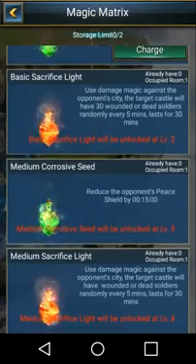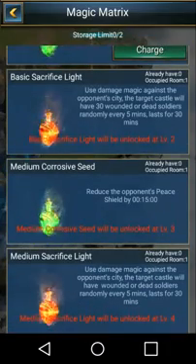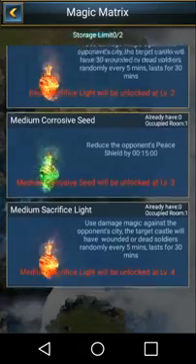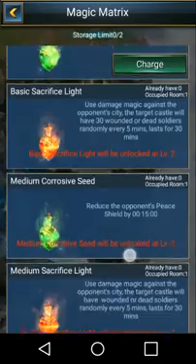corrosive seed. Since they released this, even before the God's Temple, they really haven't done much to it. It's all really been the same. I'm not 100% positive if the values increase as you upgrade the building. I'd have to test that out, but